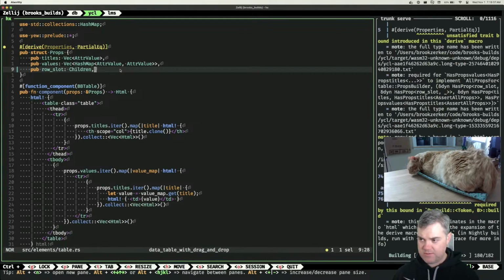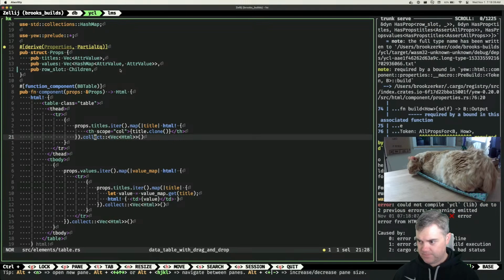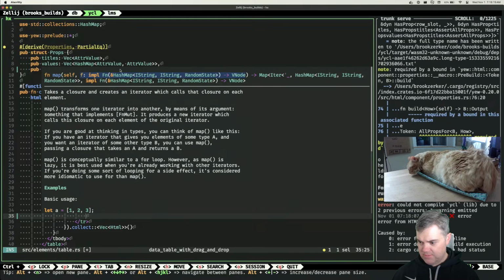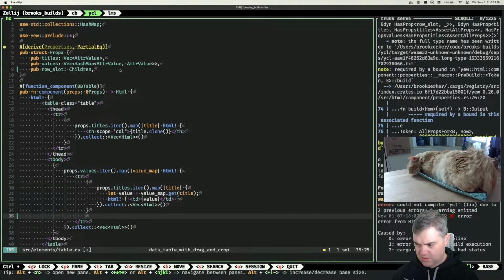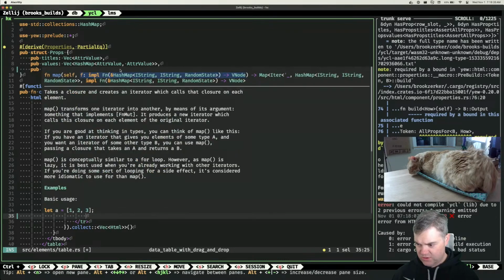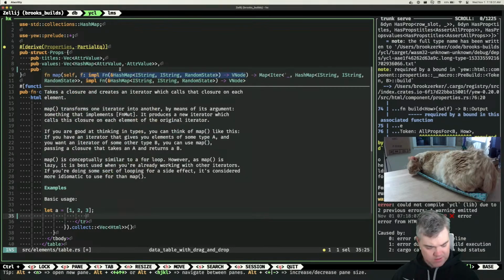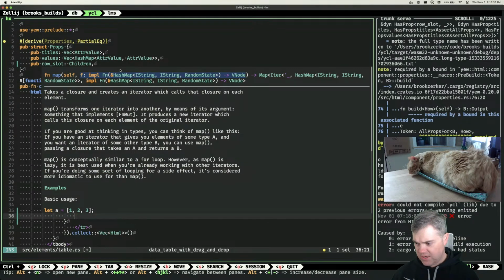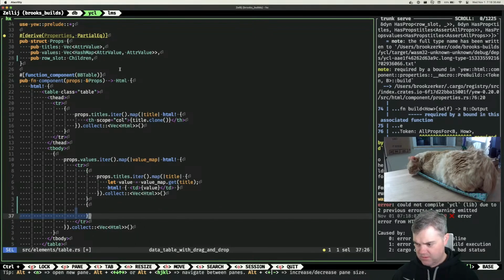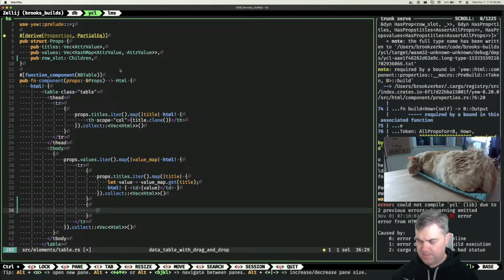It's just something. And for each of these rows, we have a table row. We do this. And now I also want to, can I do multiple things? Oh no, that thing returns something. So I need another block here. And I want to render